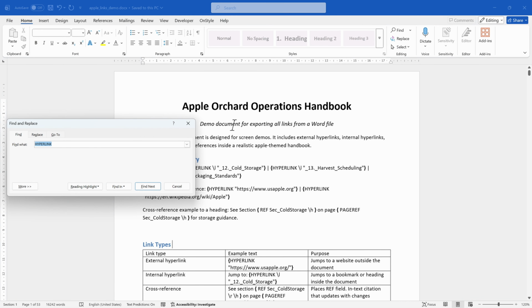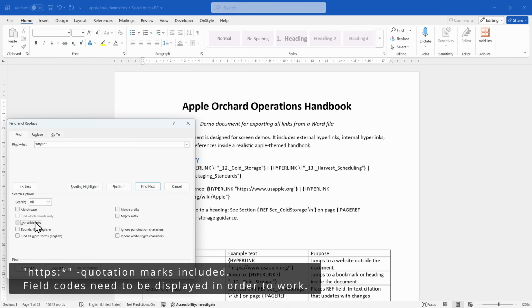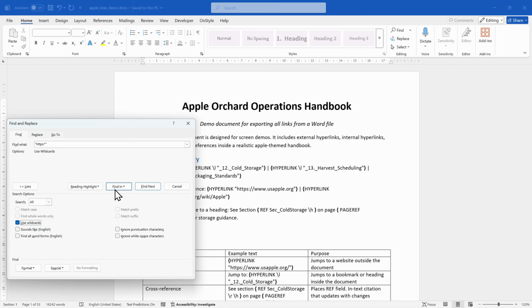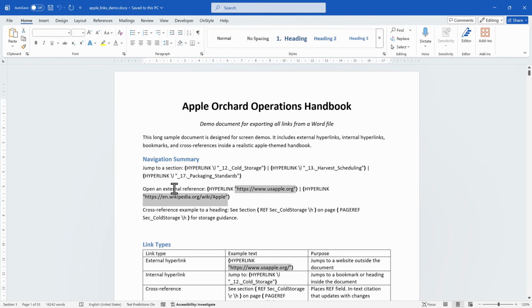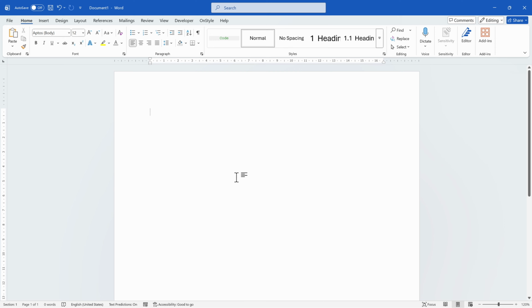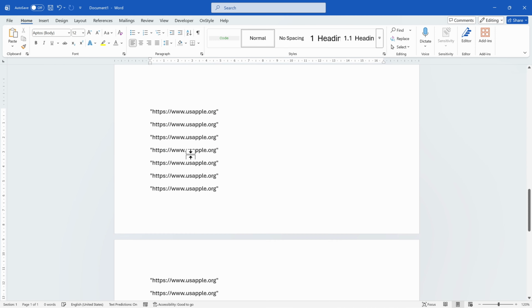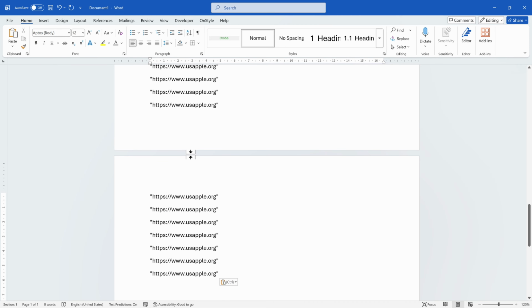If you only want to select external hyperlinks, type this expression into the Find What dialog. Enable wildcards, then click Main Document in the Find In menu. All external hyperlinks are selected for you now, so you just have to right-click any selected text and choose Copy. This works, but it's technical, it's messy, it's hard to extract, and you still can't export them easily.